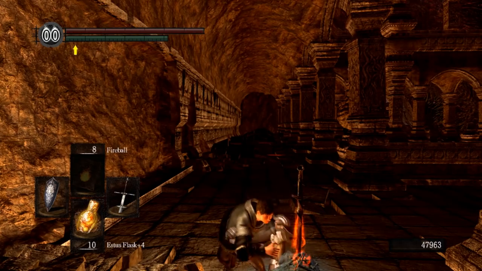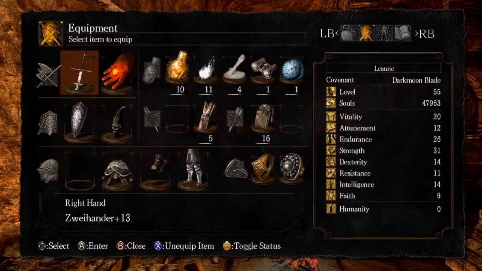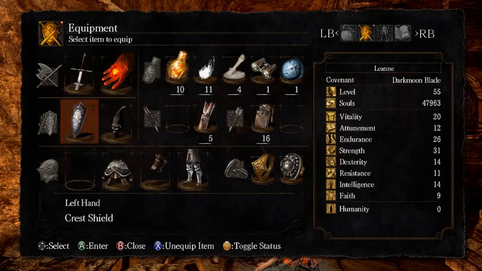See, this probably won't surprise you, but we are looking to increase our magic resist as much as we can here in this upcoming boss fight. Lost Izalith and Demon Ruins have a ridiculous number of boss fights in them. Probably the most in the game for any single path, if I'm thinking about it. So anyway,